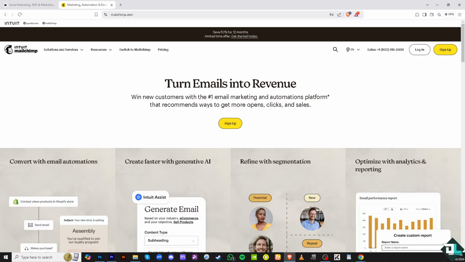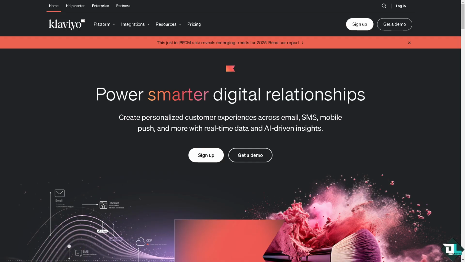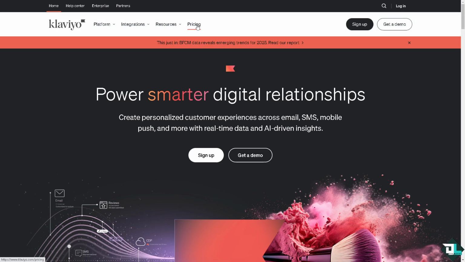So let's begin. Klaviyo is an advanced email marketing and automation platform designed specifically for e-commerce businesses. It helps brands create targeted email campaigns, personalized messaging, and automated workflows to drive sales and build stronger relationships with customers. So once you are here on the Klaviyo website, you might want to click pricing